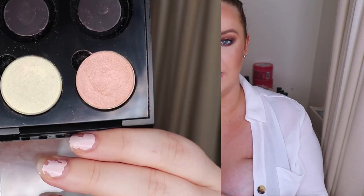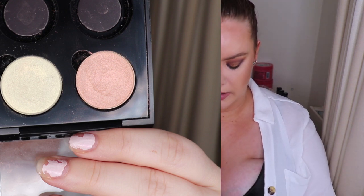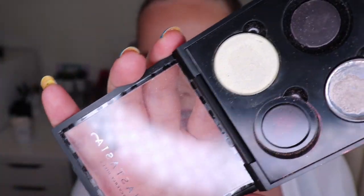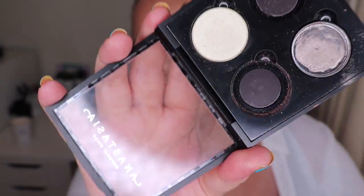So the next eyeshadow, I just put them in this magnetic palette that Elaine gave me. This is also from Makeup Geek's duochrome line. Gosh, get out. It's in the shade, I don't know why I'm taking it out, Voltage. It's absolutely stunning. So I only use this shade 8 times, which I'm actually pretty